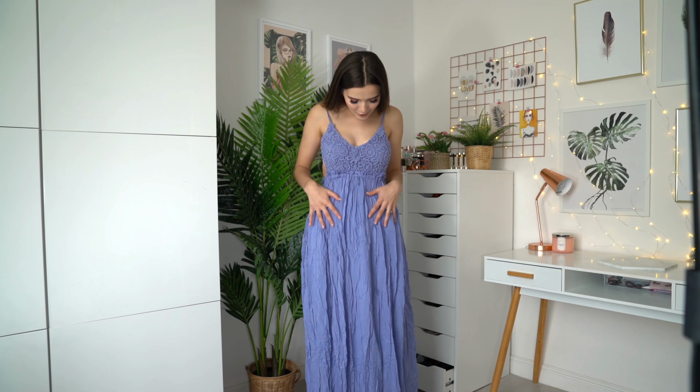I love the color as well. As you can see, it is quite crinkled from the way it was shipped, but I actually quite like the crinkle. But obviously, if you prefer more of a smoother finish, you could iron it or steam it. So the one thing that I would change about this dress, but isn't necessarily that big of an issue, is